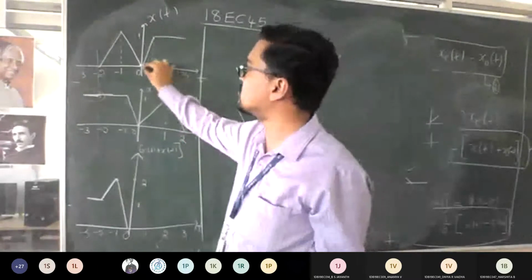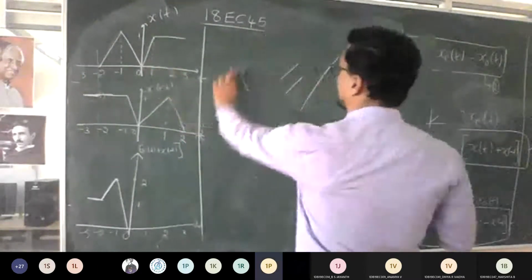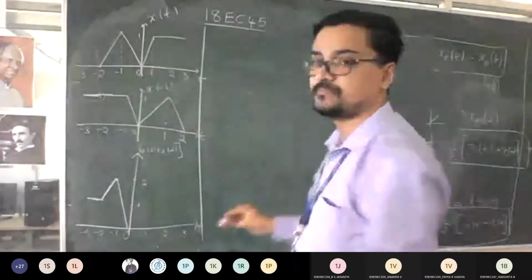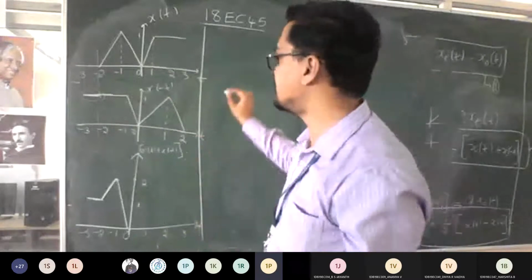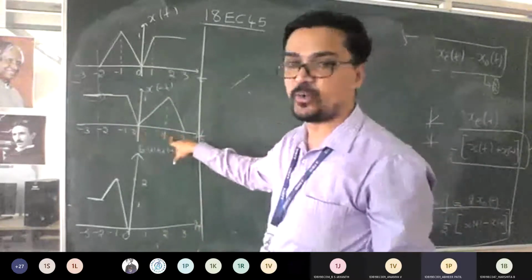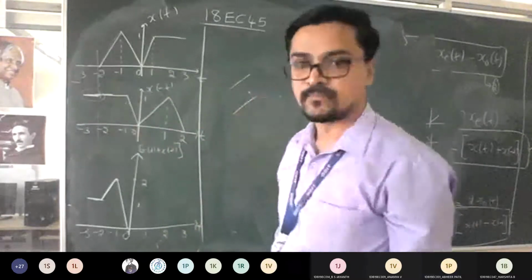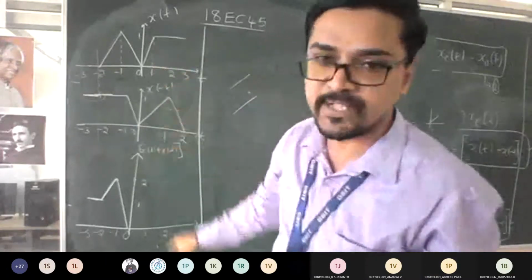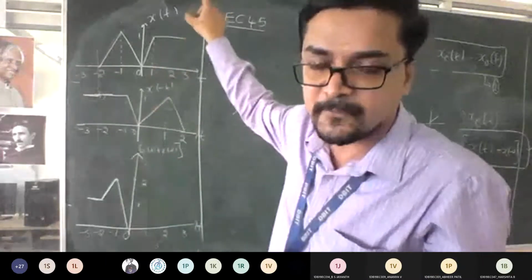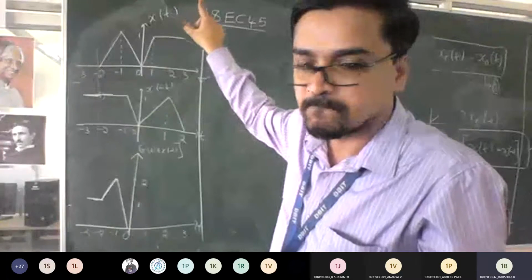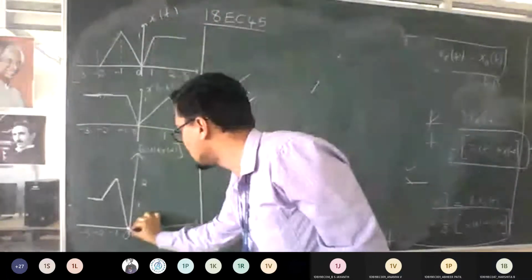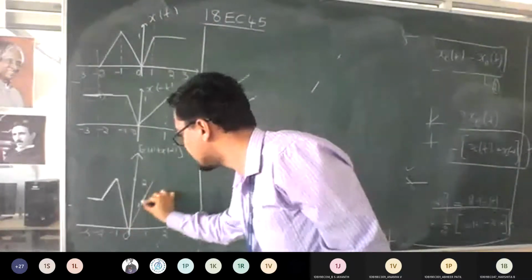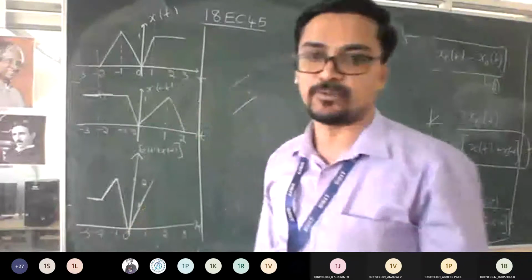So now let me proceed with 0 to 1. So 0 to 1, what is the signal? Rising. Good. Again, here also 0 to 1 rising up. So what is the amplitude for rising? Here it is 1, here it is 1. It means till 2 it is going to be increasing. So from 0 to 1, I will increase my signal with amplitude of 2.